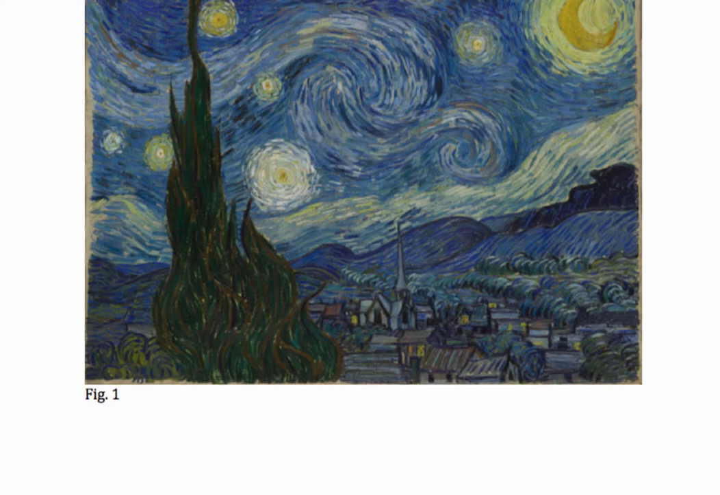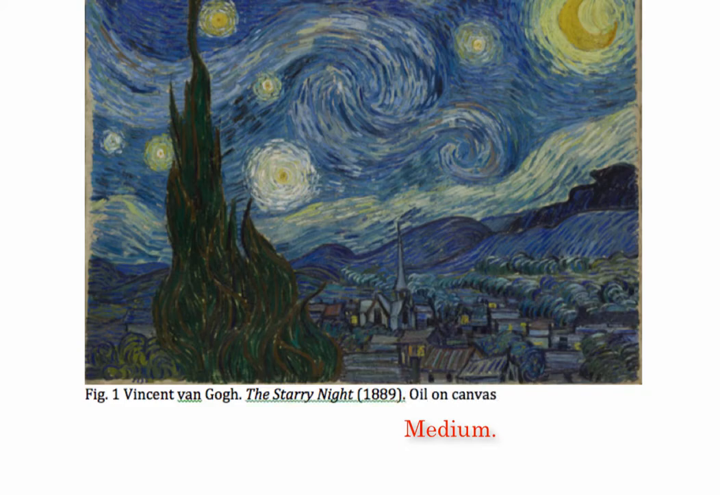So the first element that I'm going to put after figure 1 is the artist's first and last name, which in this case is Vincent van Gogh, followed by a period, followed by the title of the work, and I'm going to make sure and italicize the title always, followed by the date of creation in parentheses, which was 1889, followed by a period, followed by the medium, which is oil on canvas, followed by a period, and then the size of the piece of art, again followed by a period,